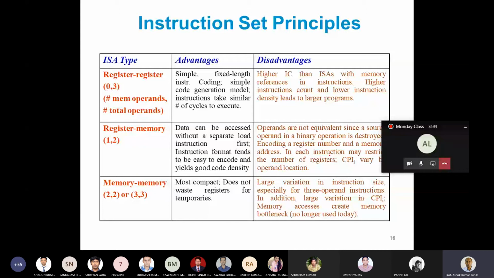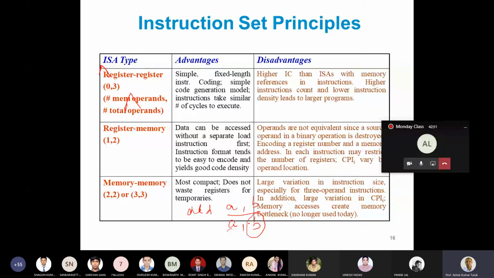Let's again take this popular example, an add instruction. Suppose both A and B are in registers. If A and B are in registers, it will take a smaller number of clock cycles to access A and B. Now suppose one of the operands, A or B, is in the memory. That operand has to be fetched from the memory, so it will take a different number of clock cycles. So the execution of every instruction will take a different number of clock cycles depending upon the location.